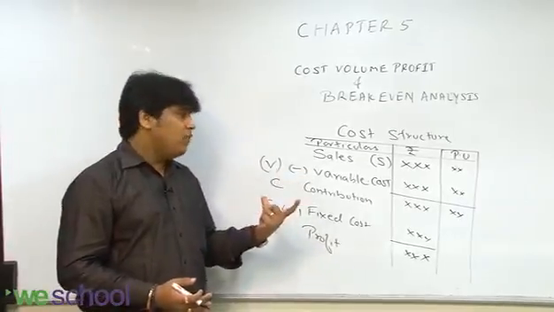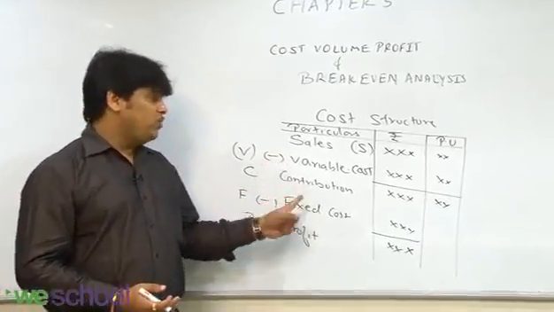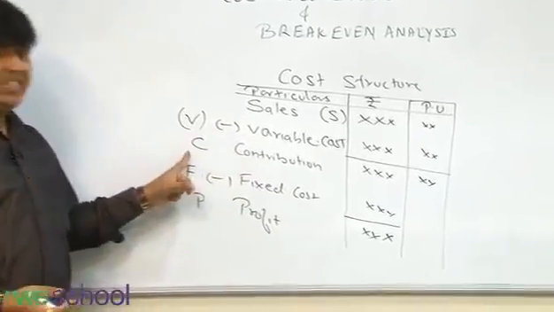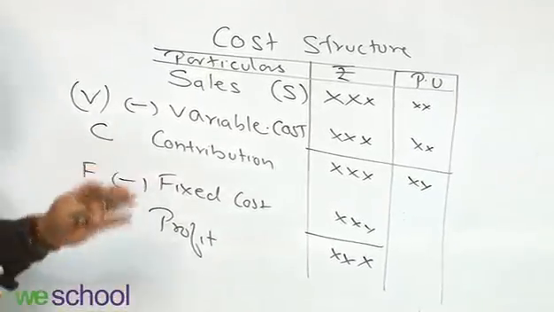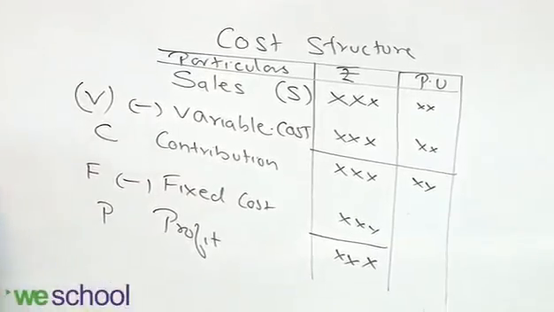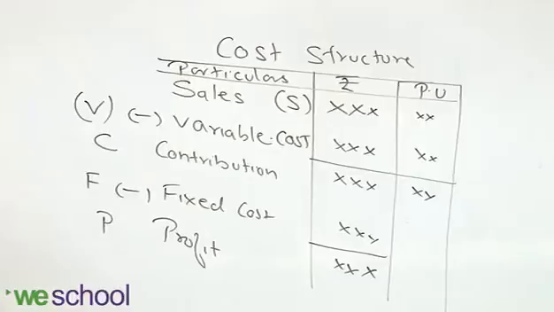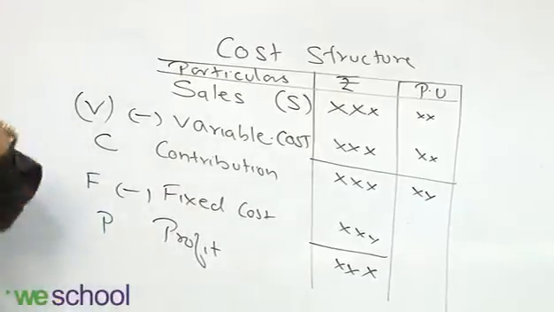Sales minus variable cost. I will be calling variable cost V. So S minus V gives you contribution. Contribution is C. C is not cost in this technique. Okay, in this cost structure, C stands for contribution. Contribution is nothing but total of fixed cost and profit. And in this technique,